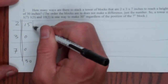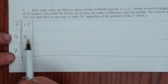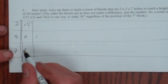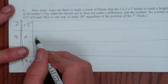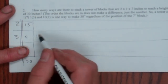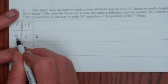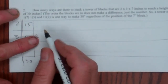So that's one category where I'm using only the smallest ones. Now I have to go up a notch, and so that would be using one 3er. Well, if I'm not going to use any 7s, there's no way I can use just one 3 block, because that's an odd number, and I can't stack even numbers to be an odd. So I have to go by 2. Alright? If I have 2 3-inch blocks, that's 6 inches, taken away from 30, that's 24 inches, so I would